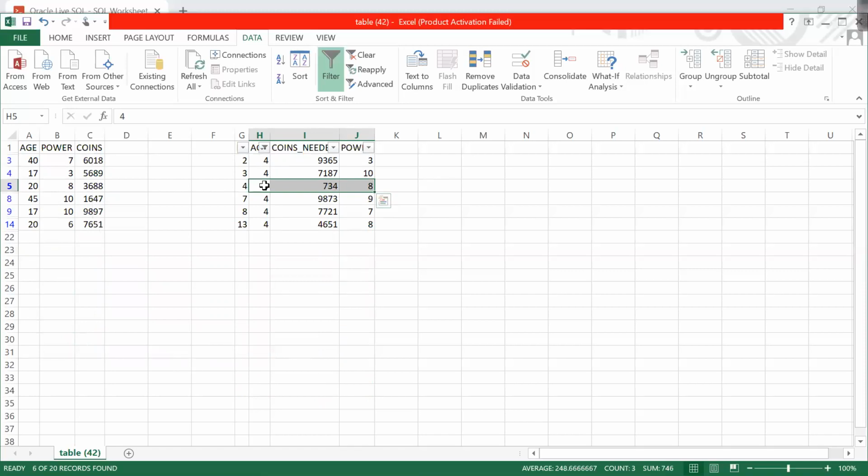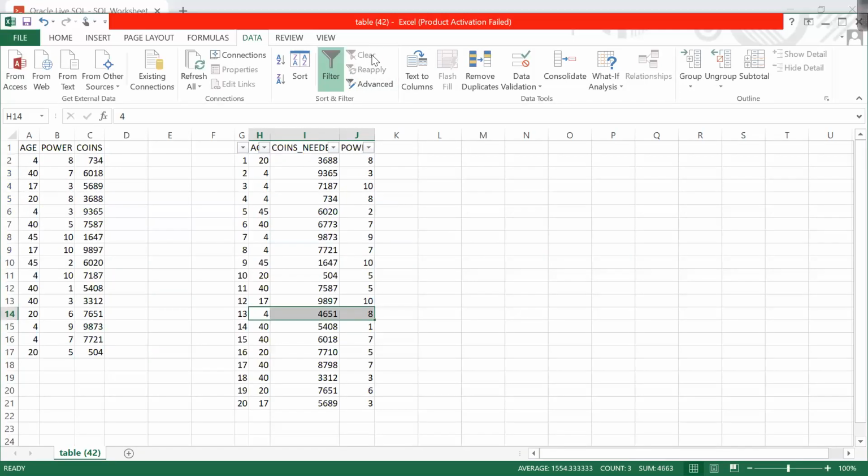So total 5 records should be there. This record should not be there in this table. If I see here, 1 record, 2, 3, 4, 5 records are there. This 46518 is not there.